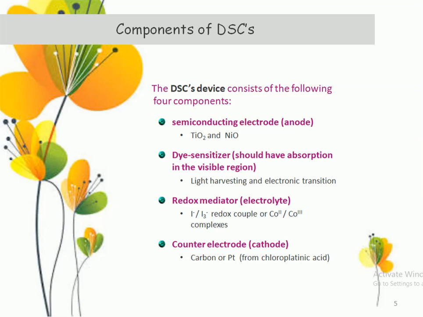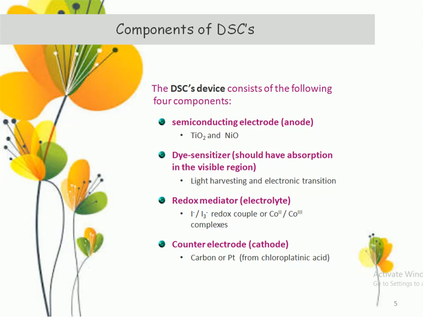The semiconductor electrode can't capture solar energy directly. So to sensitize the surface of the semiconducting material, we coat dye sensitizers to capture the visible light, that is sunlight,